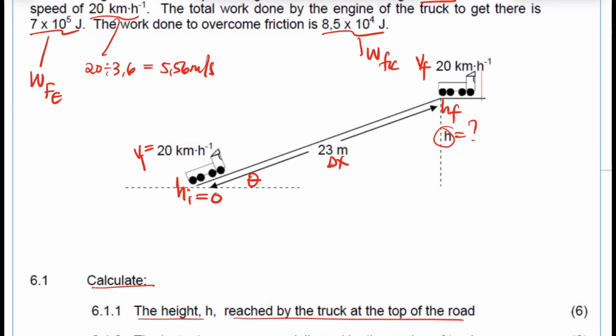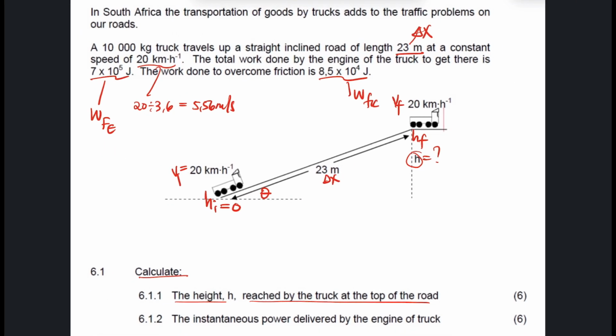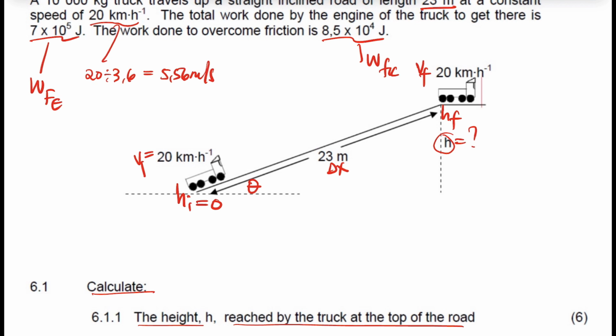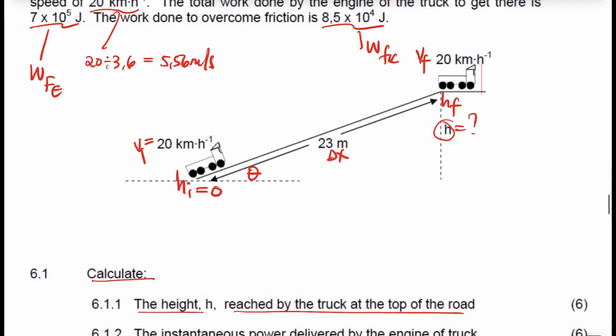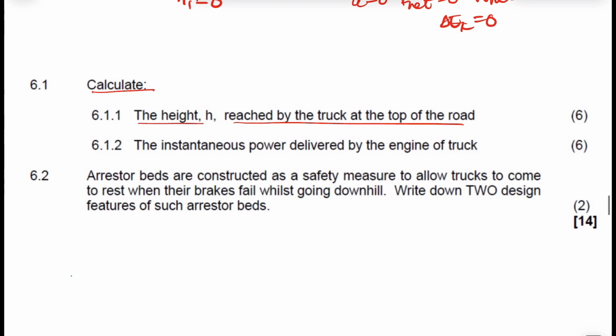Remember, when an object moves at constant velocity, its acceleration is 0 and the net force is 0. Since it moves at constant velocity, the acceleration is 0 and the net force is 0, so the net work is equal to 0, and the change in kinetic energy is 0. It's very important. Now in 6.1.1, to calculate, we will use